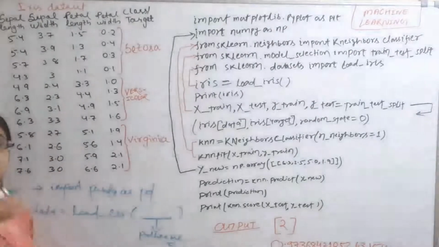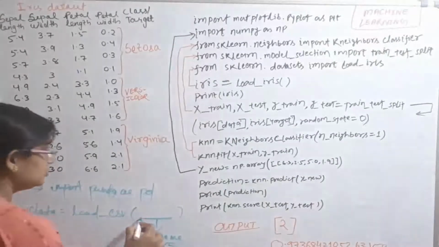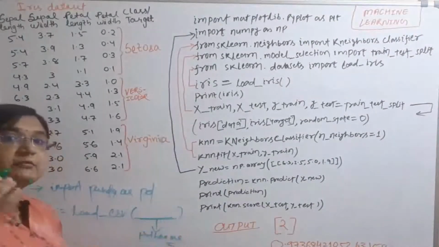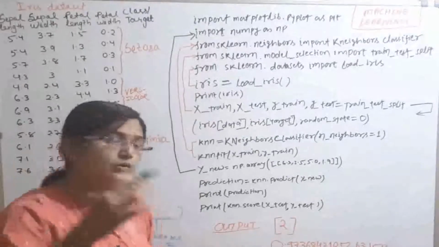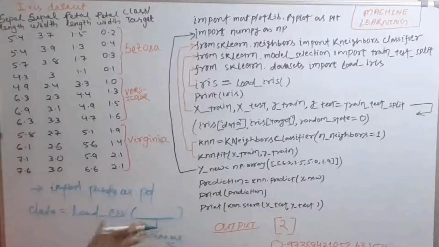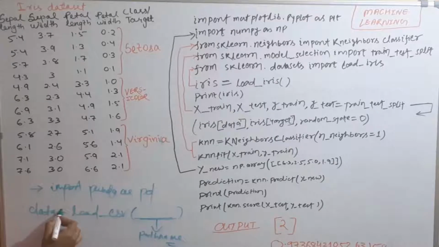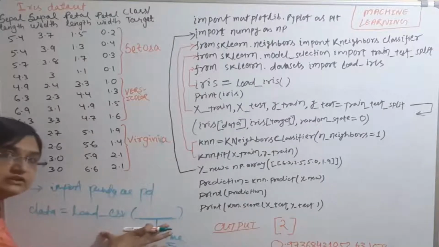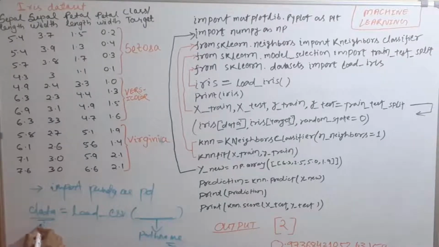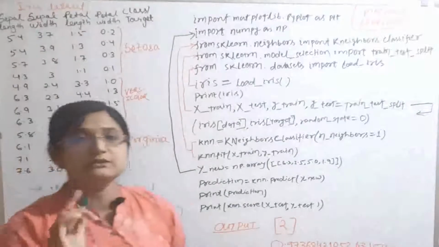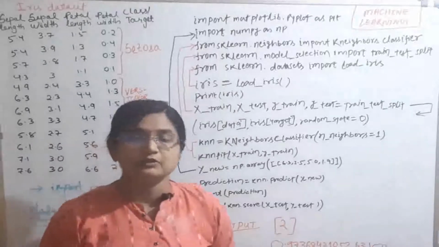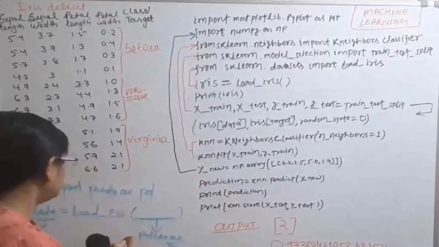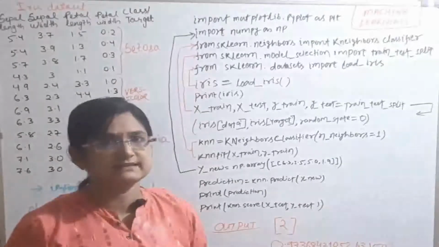I have to write the path name of the file inside the brackets. Suppose the location is in the E drive, so the total location where my dataset file is stored I have to write inside the brackets, or I can copy and paste it. Whatever value is generated after executing the function will be stored in the data variable. So this is the first way of inputting datasets in Python.